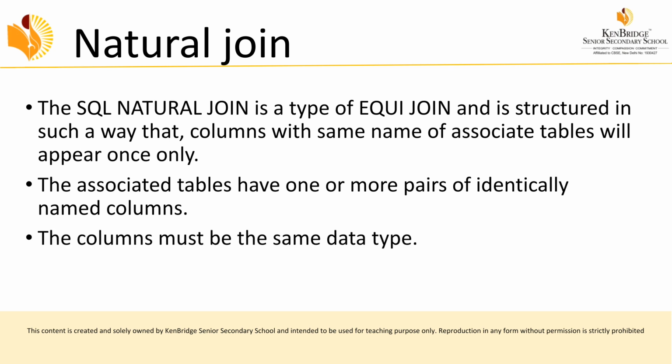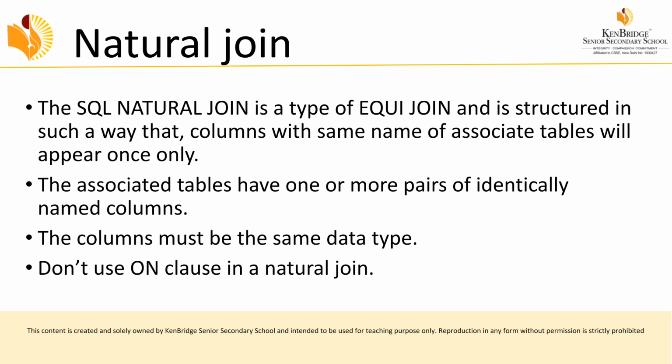And the columns must be the same data type. If it is a numeric value, then the attribute we compare it with also should be a numeric one. If it is a character one, then the other table we will compare now, that also should have character data, okay? That data type should be the same, understood? So let's see the next one. And here we should not use the ON clause, okay? For representing any condition in the join, we will use the ON condition. But if it is a natural join, you should not use ON, okay? ON clause you should not use.